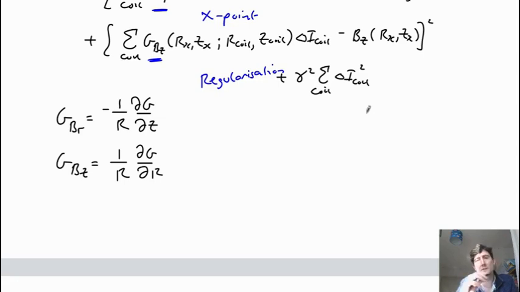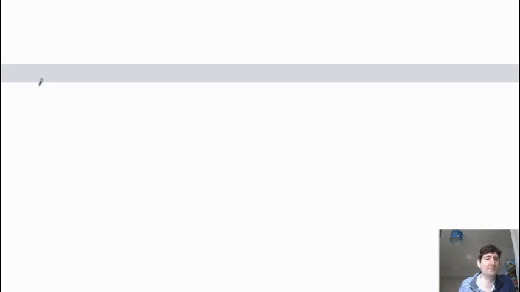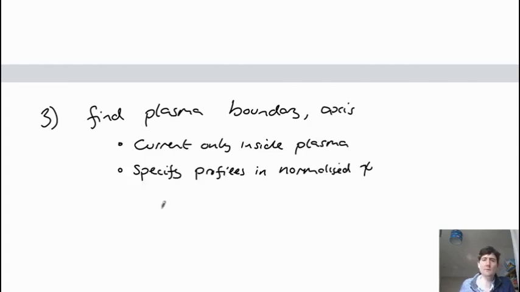And then to finally close the loop, we just need the third component, which is finding the edge of the plasma. Essentially we want to constrain the current to be inside the plasma edge, and we also want to write the current profiles in terms of normalized psi. The normalized psi, often called psi n, is psi minus psi at the axis, which is the very center of the plasma, so that it's 0 at the axis, and then that's normalized so that it's 1 at the boundary.